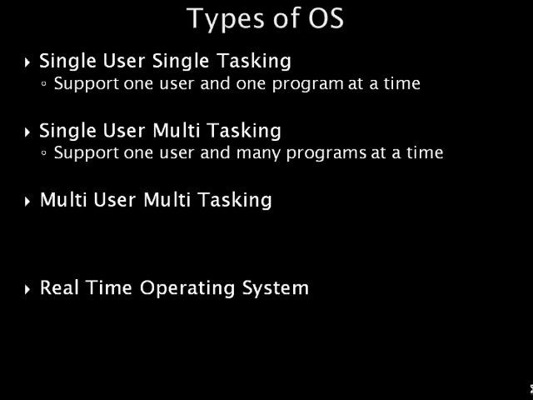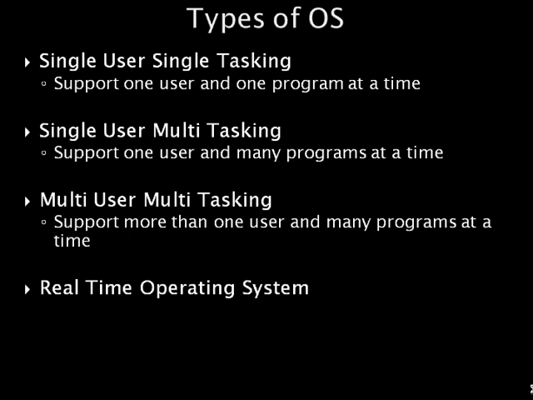Multi-user, multitasking refers to an operating system that, in addition to being multitasking, can support more than one user working on a computer at any time. How is this possible? The users will connect to the computer through a network and, from there, launch applications that are executed by the computer. Examples would be Linux, Unix, and Windows 2000 Server.